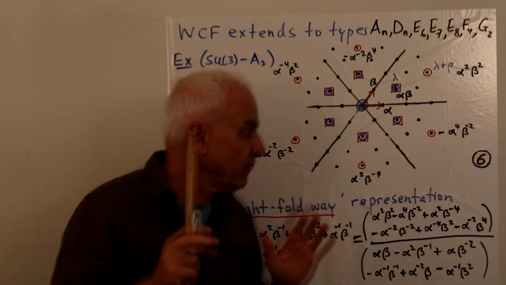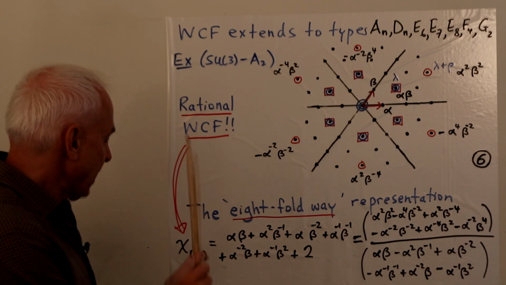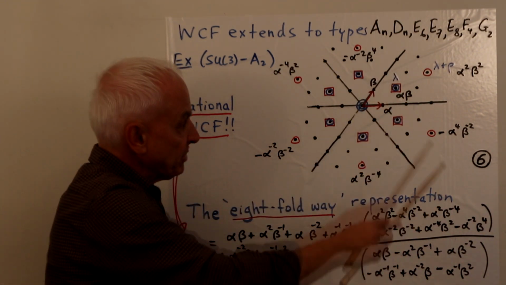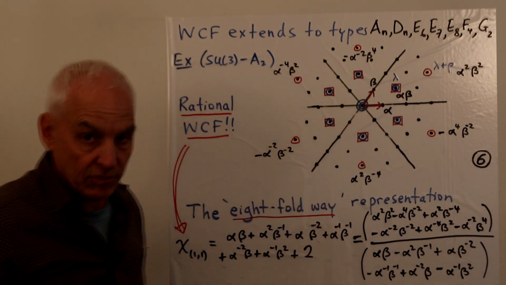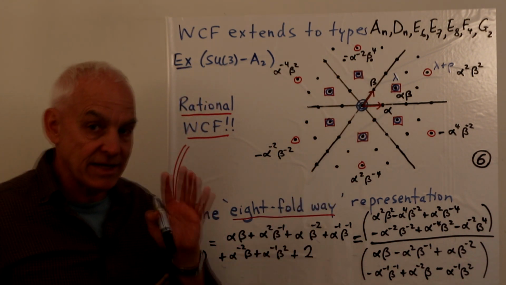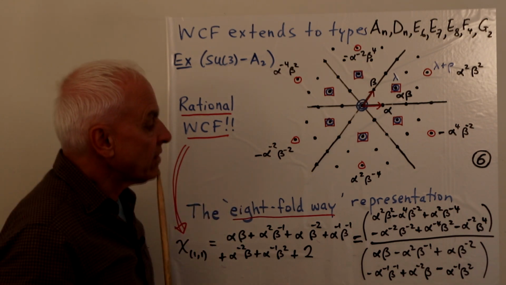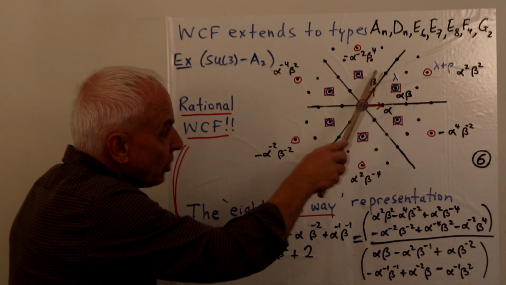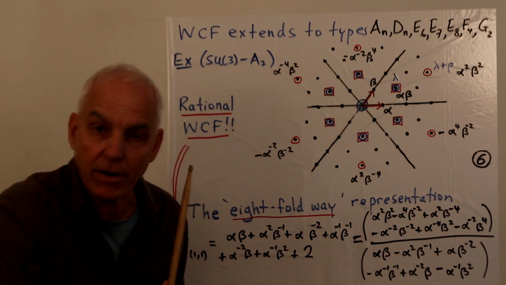But this is just to give you a rough idea of how the Weyl character formula works. So we're going to take a particular representation. There are unbounded numbers of representations. Basically, each one of these dots in this chamber here corresponds to an irreducible representation. And if we choose that one there, then it turns out that the dimension is 8. It's an 8-dimensional representation. And it turns out that the character is given by these blue circles. One there, and 2 of them in the middle there.